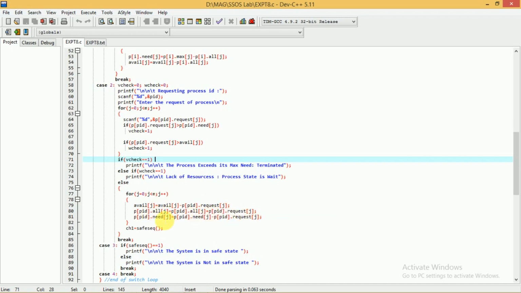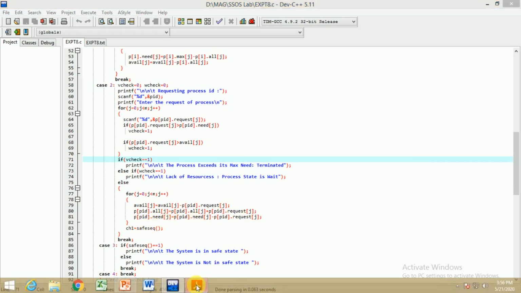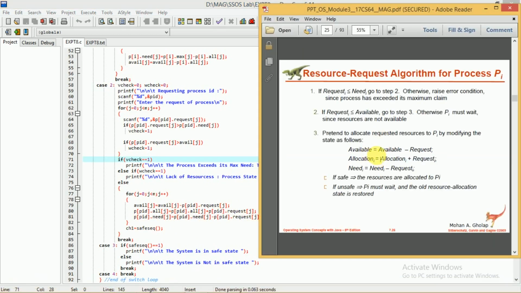Similarly, need indicates how many instances of the resources are required for every process. For this process PID, j number of instances are allocated, so from the old value of need you have to subtract the j number of instances to get the new value.